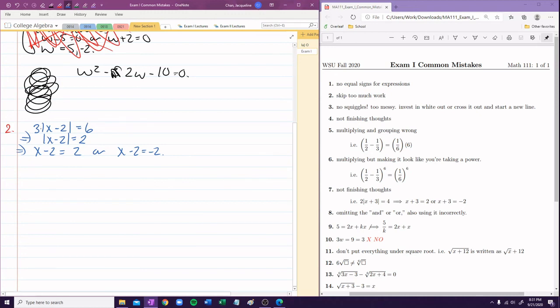Some people didn't, so if they went from here to here, I counted off points because that's also considered skipping too much work. All right? Another thing, multiplying and grouping wrong. So some people, I put it over to the side. Okay, some people, for example,